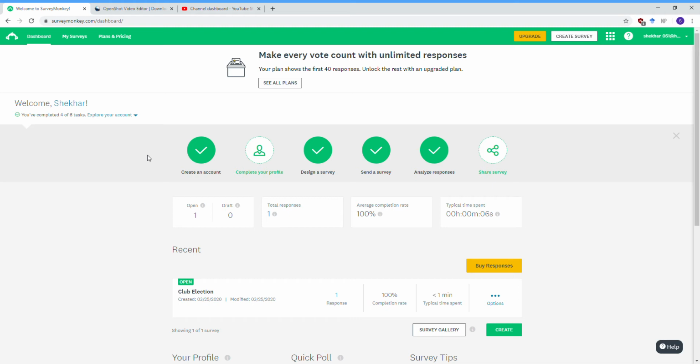I know one of the problems a club might face is that they might fear there might be spam voting online. So what I'm going to basically show is how to create an online election survey on SurveyMonkey, and one of the great benefits of it is that aside from it being online, so you can send it to everyone using one link, you can also customize it so you can show people what the results are